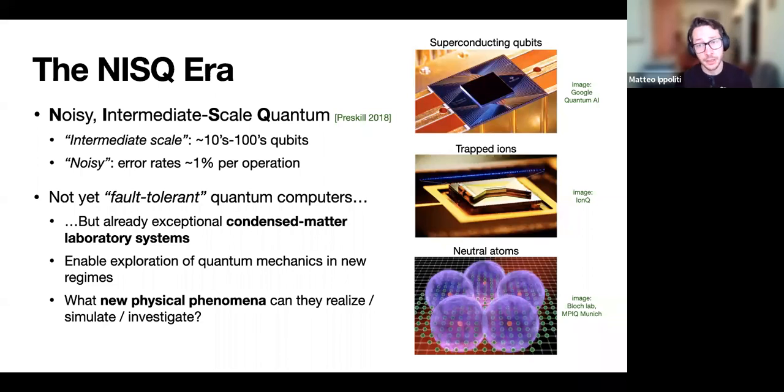So the question, from the computer science perspective, of course, is what quantum algorithms can we realize on these devices, and what interesting questions can we answer? But from a condensed matter perspective, there is a question that arises of what physical phenomena can we realize or simulate or investigate on these kinds of extremely engineered and controlled condensed matter systems. As you see, this kind of blurs the line between what is a quantum simulation, as we heard in this morning's talk, and what is a proper condensed matter experiment. So this is an interesting development of this NISQ era, I think.